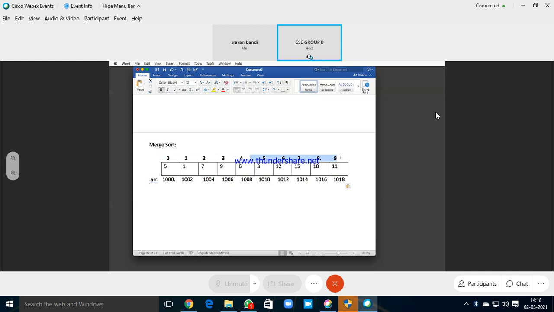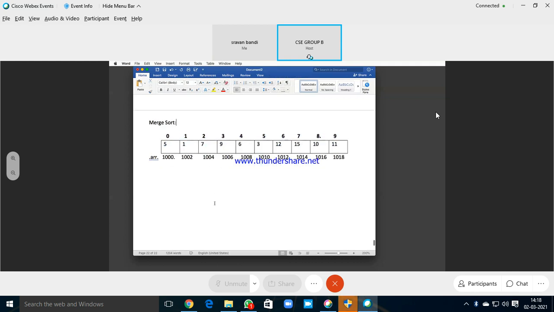There will be two subdivisions. If I consider the subarray of 5 elements, this is as a result of the first recursion. In further recursion, we have this subarray 0, 1, 2, 3, 4, which will be further divided into two equal halves.